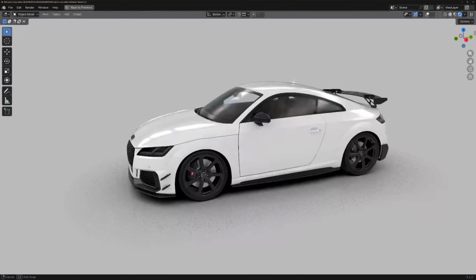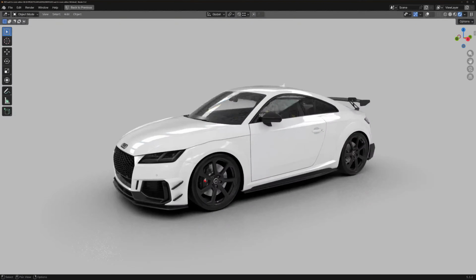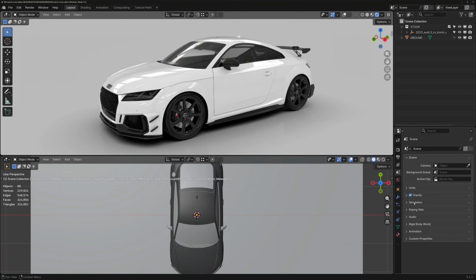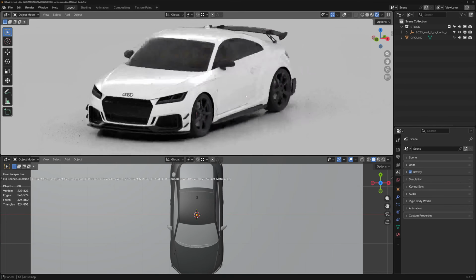It was a free download from Sketchfab. The model, the file type was .glb, I believe it was. You just drag and drop. Make sure that your units here are set to millimeters, which they are, and then just check the size of